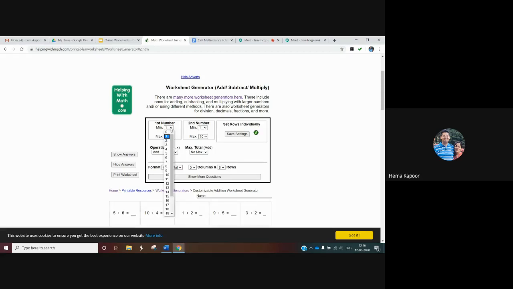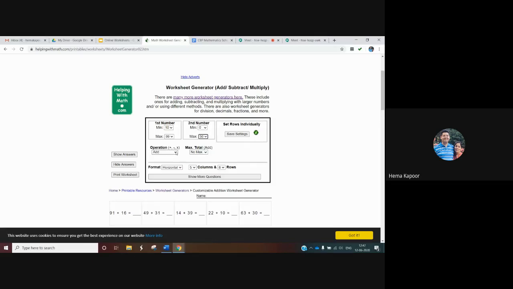But if I want to change it, let it be, for example, 10, and the maximum value of the first number, let it be the last one, which is 99 here. And for the second number, I start from 0, and the maximum number as 50, for example.